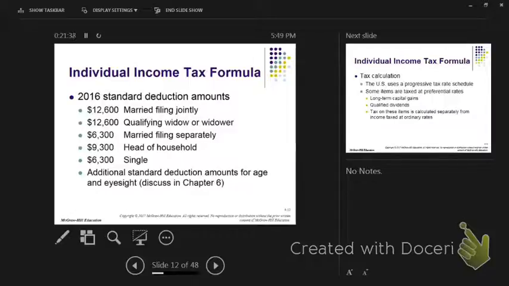All right, head of household is when you are not married and you can claim what is called either your dependent or a qualifying person that could be a dependent. That is obviously the most advantageous if you're not married. And then single, which is basically everything else. And then there are different standard deductions that you can add to that if you're a certain age and if you're blind or